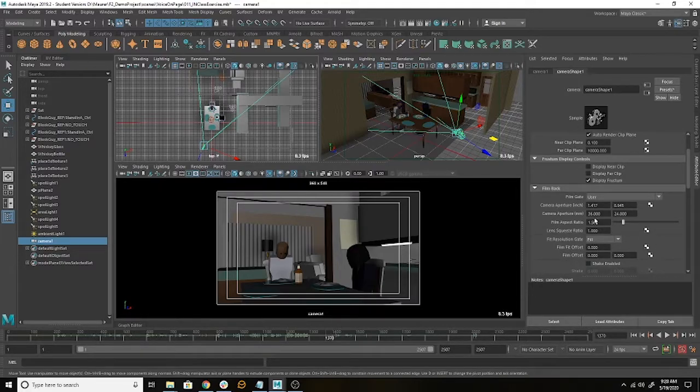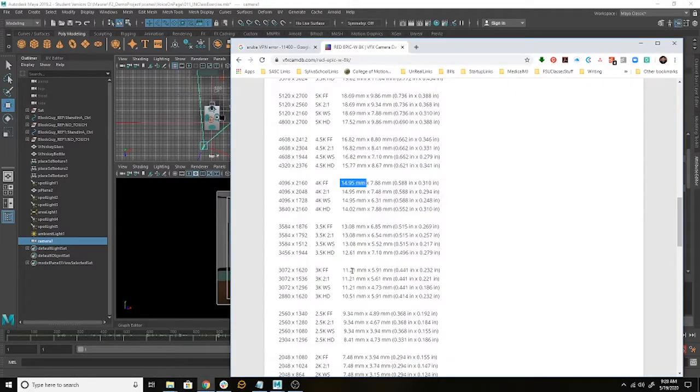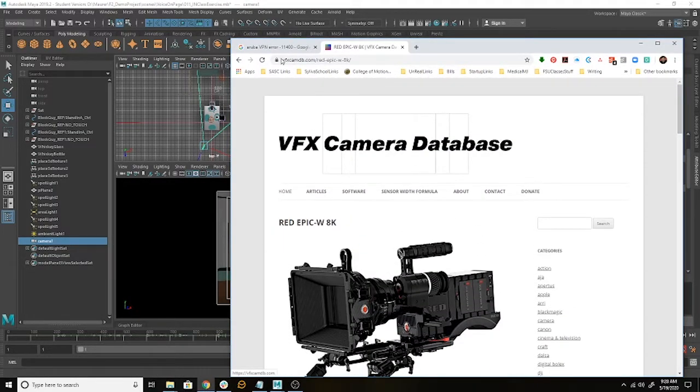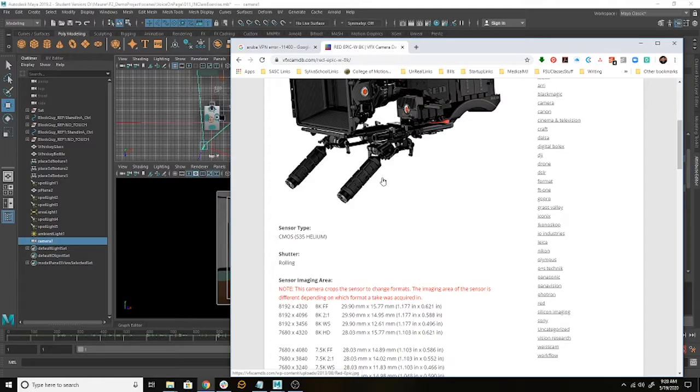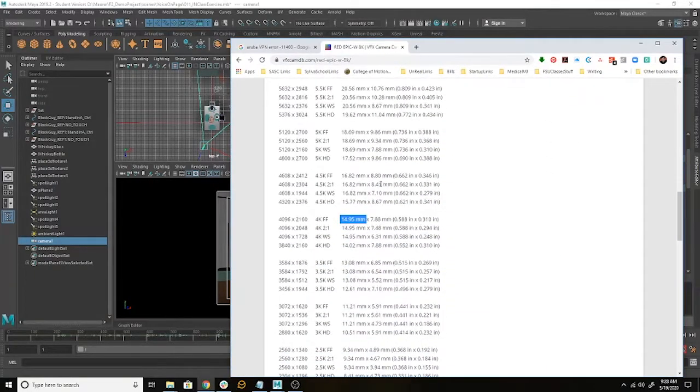It's tied to what we call the film back. Now, the film back is basically the sensor size on digital cameras nowadays, and there's a ton of options. The default film back is not a good film back to use. I actually want to use the same camera that we're using at the film school, which is a RED. And to do that, there's a really great site. It's called visualeffectscamdb.com. And if you just search like Red Epic, Weapon 8K, whatever you want, I usually like to work with